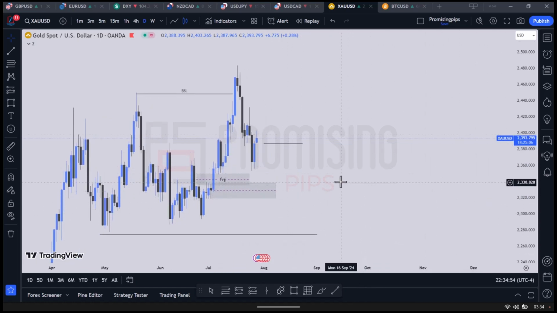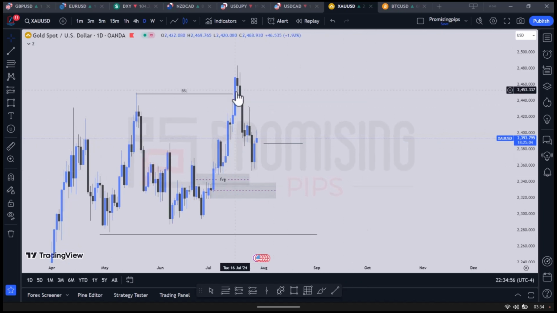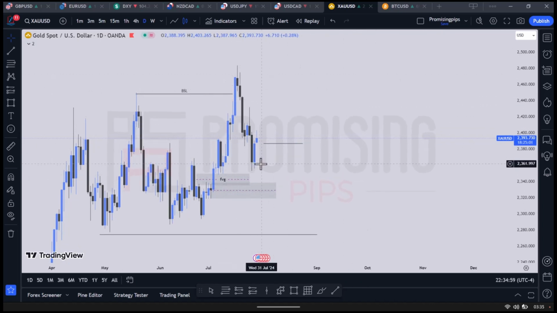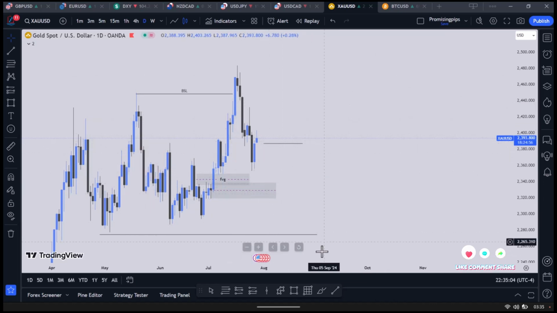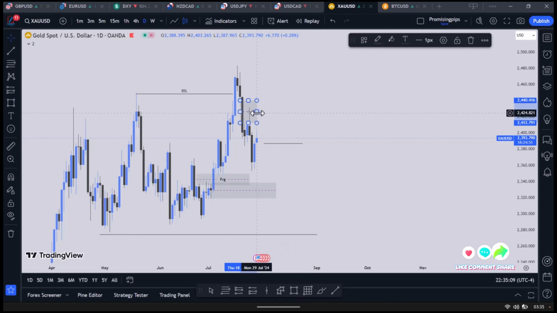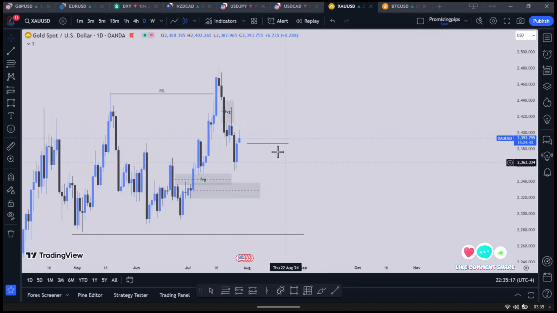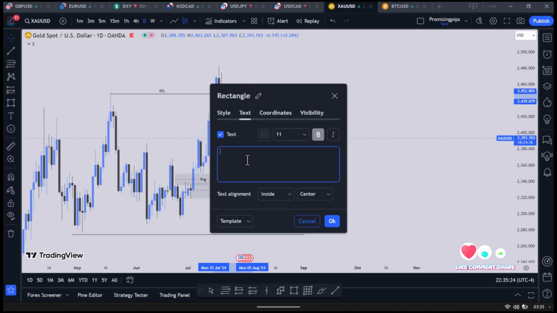But at the same time, when the market broke this and started selling off, it sold back down without an entry. If I was supposed to enter, I'd say, okay, let me enter on this fair value gap. This is an internal inefficiency, which is a fair value gap that it reacted from before selling back down. But I'm also looking at this fair value gap here, which is an inverse fair value gap that the market hasn't yet rebalanced, right?